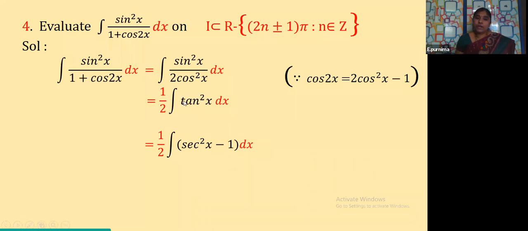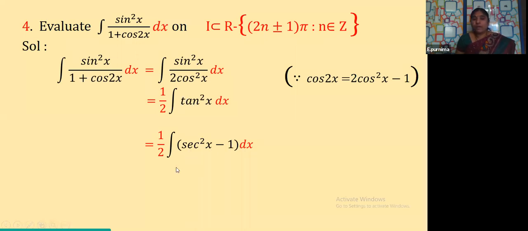Okay, so now here children, let me remind you again about differentiation. In differentiation, suppose the same function is given to you, what did you do there? The x to the power of n formula we applied, and then the internal function tan x also we differentiated, yes or not? But in integration it is not so. It cannot be taken as x to the power of n, children. So here tan square x is taken as secant square x minus 1.